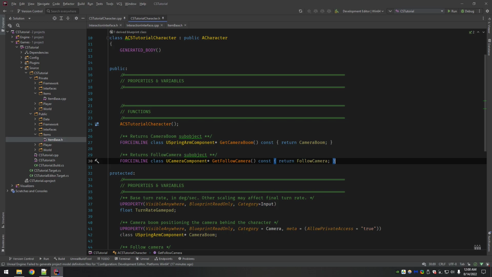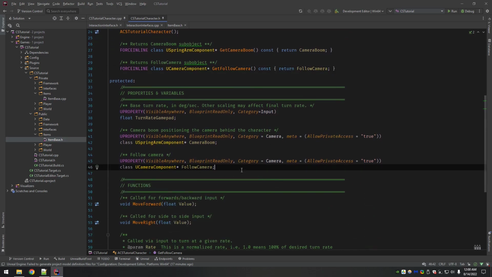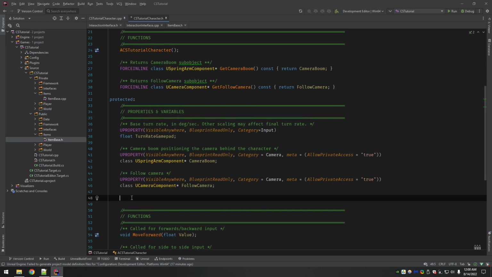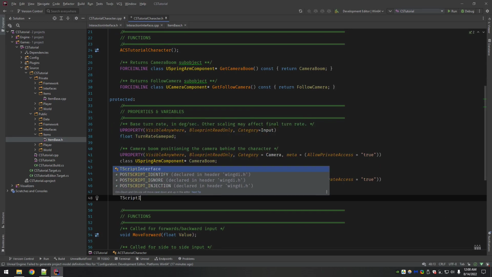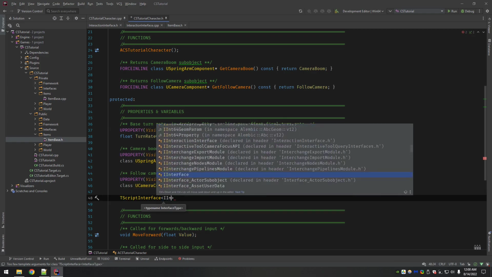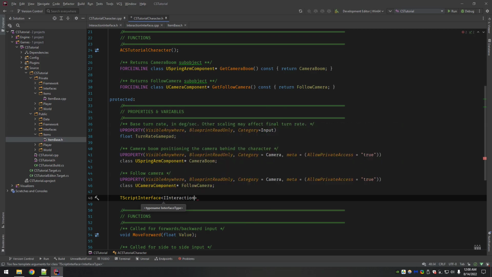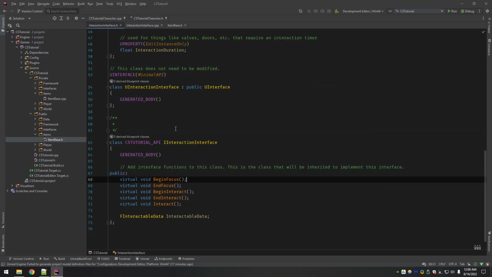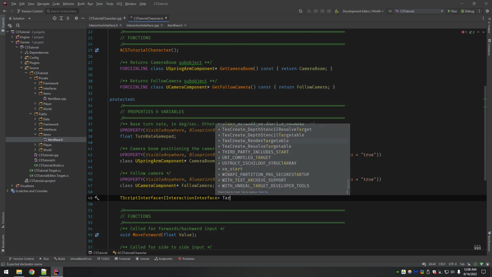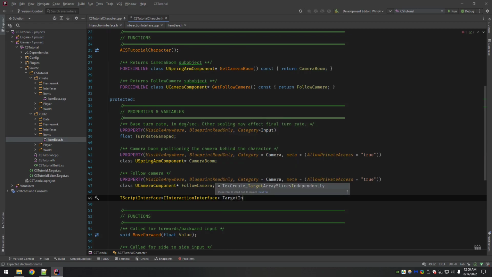So it can be protected, and it is called TScriptInterface. It needs a type, and the type is our IInteraction interface. That's the one that we just built right here. And then now I'm just going to call this TargetInteractable.